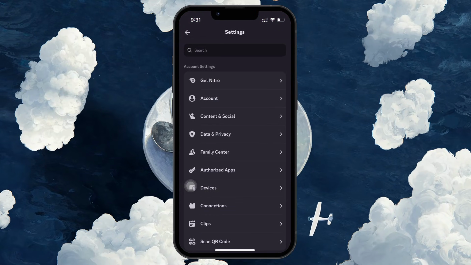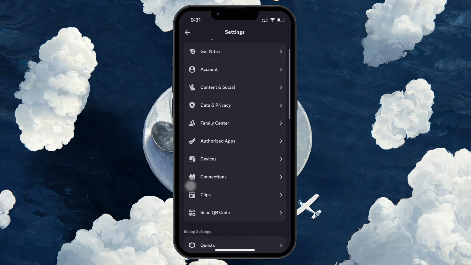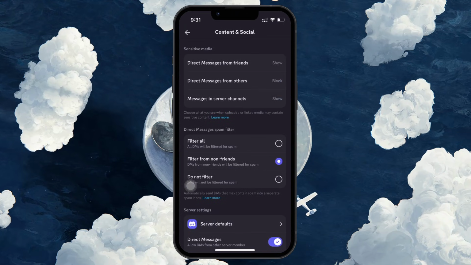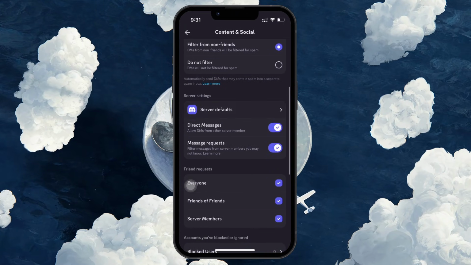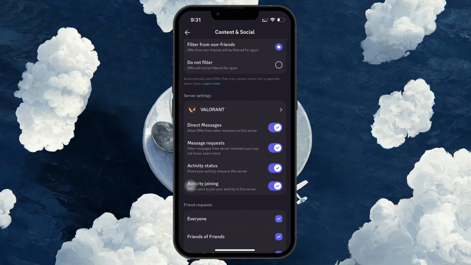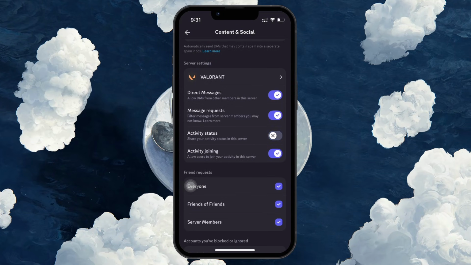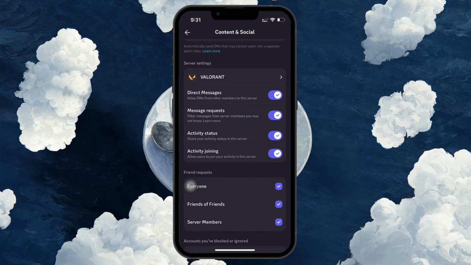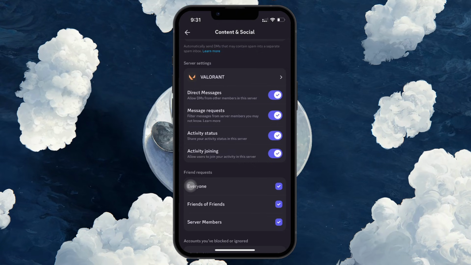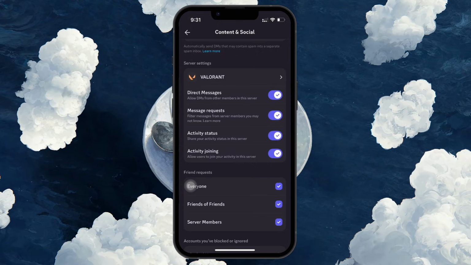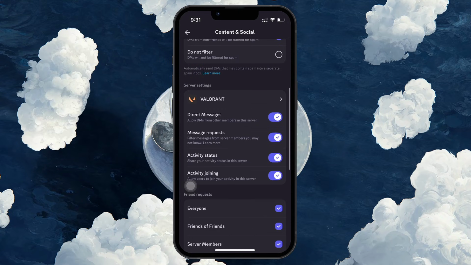Now that you're in the settings menu, scroll down and tap on Content and Social. In this section, look at an option called Share your detected activities with others under Activity Status. This setting is crucial for showing your friends what games you're playing. Toggle this switch on and Discord will automatically detect the games you're playing on your device and share that information